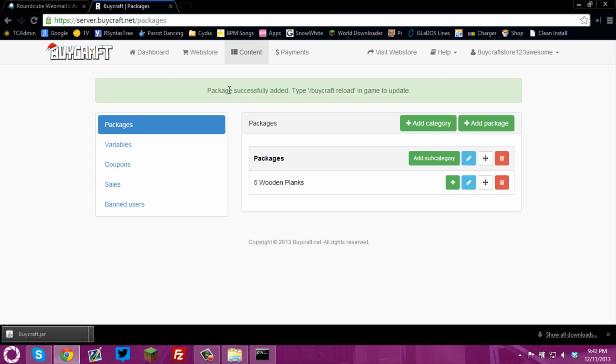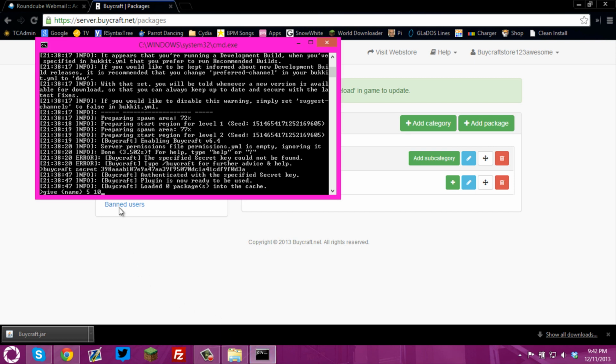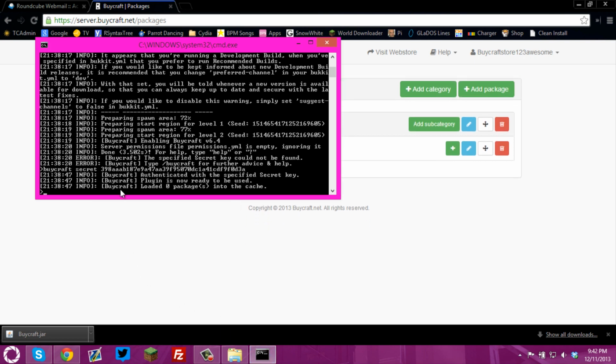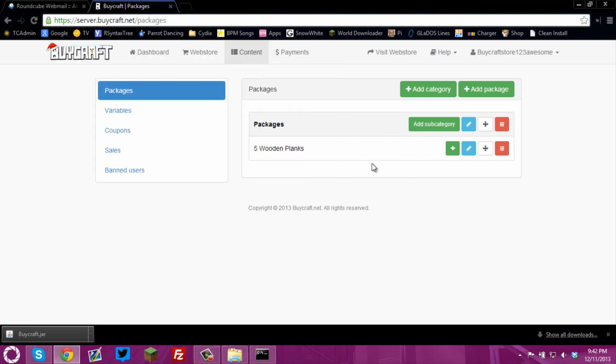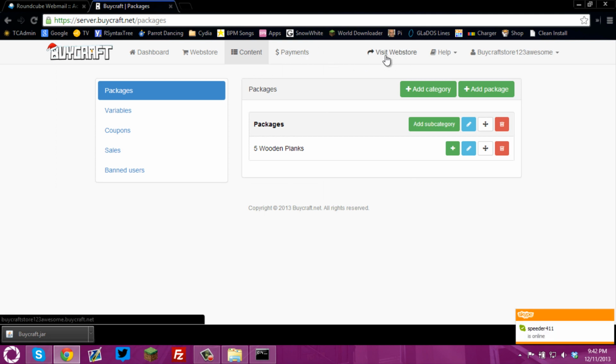and you're going to see package added successfully. Type Buycraft reload in game to update. We're going to open our command prompt and enter that right here. Buycraft reload. It's going to say loaded one package into the cache. That's pretty simple. Now back in the web browser, you're going to click Visit Web Store at the